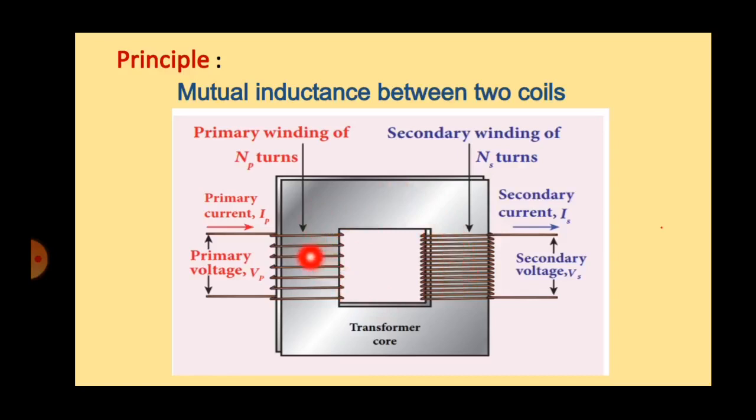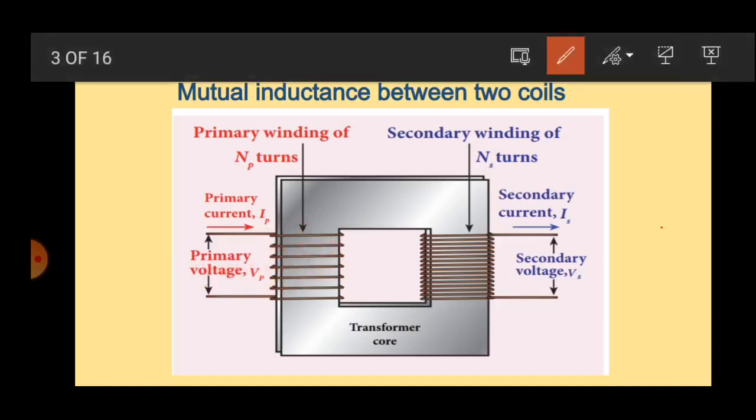Now the winding of a number of turns of the coil: this one is the primary coil. Here is the secondary winding with a number of turns of the coil. This is the secondary coil. The primary coil we call P and the secondary coil we call S. Okay. Now the primary coil is connected across the AC voltage, that means an alternating voltage.